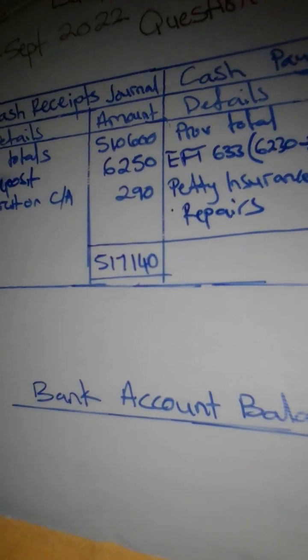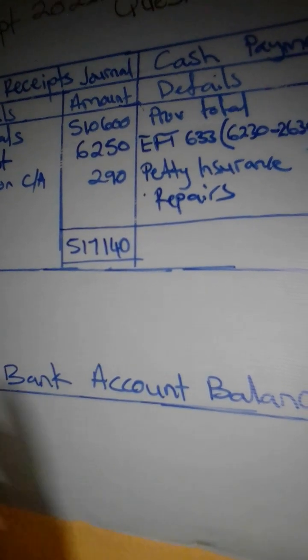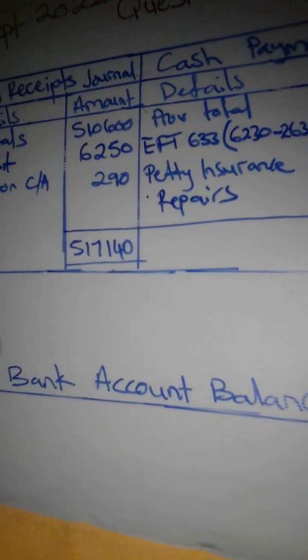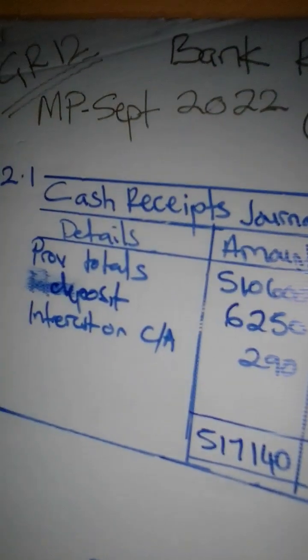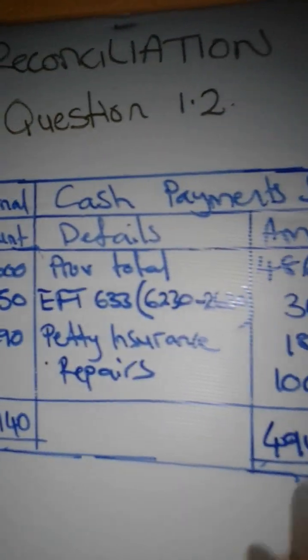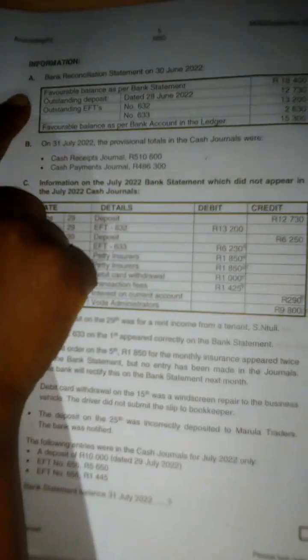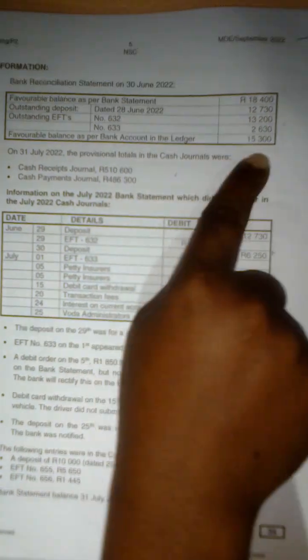The bank account balance is not that difficult. We can either use a T account or we can just calculate it without using a T account. It's a matter of identifying the balance that we had at the beginning, and then we add all the total receipts and subtract all the total payments. We can get our bank balance at the end. Let's go back to the question paper and identify the opening balance for bank. From the information that is given in A, we have got a favorable balance as per bank account in the ledger. It was 15,300. So we start by saying,